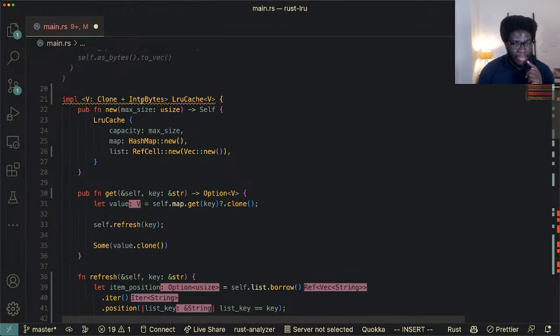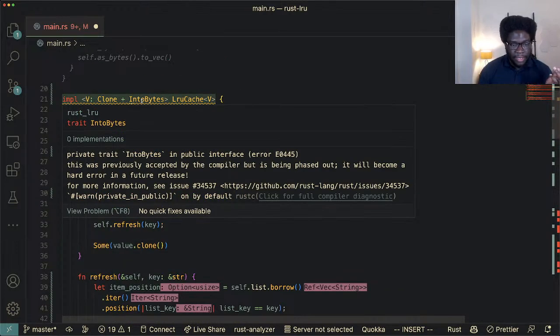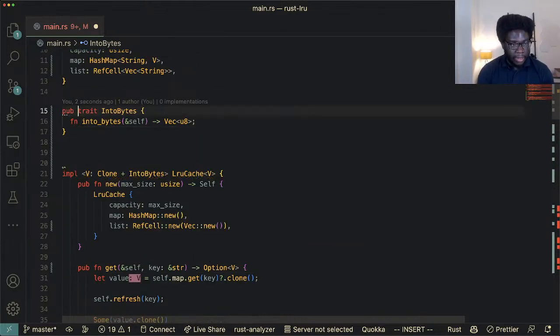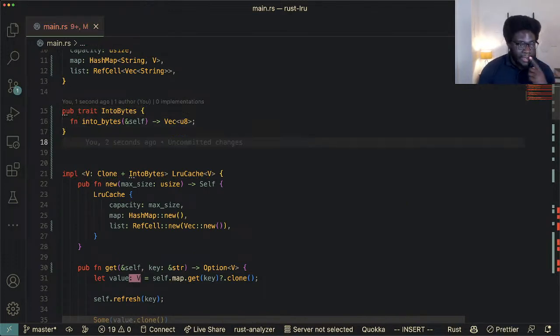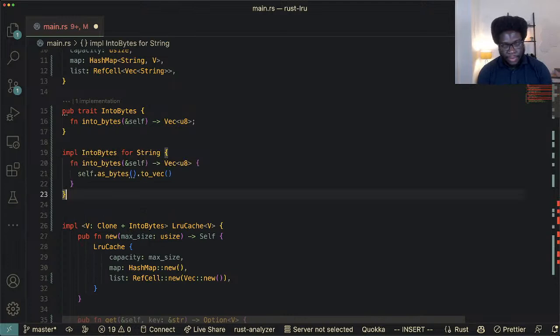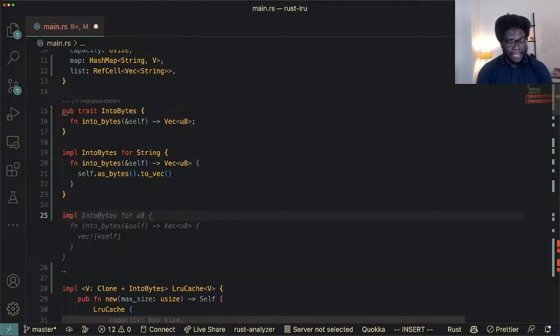Now what is the problem? It's saying private trait in public interface. Okay, so I could do pub. Right. What this helps me with is now I can implement this on types within the Rust ecosystem, right? So for example, I could implement IntoBytes for String, exactly, right? And this does that, right? I can also implement IntoBytes for,